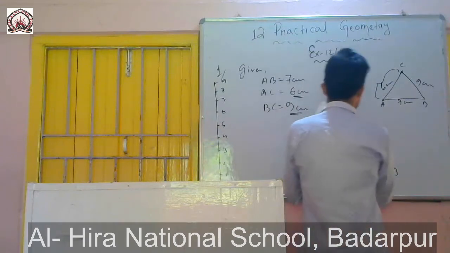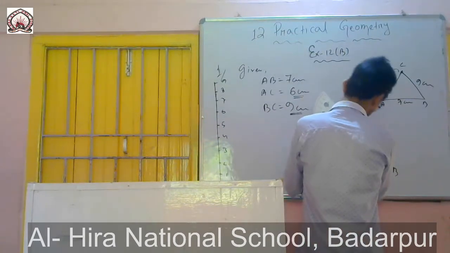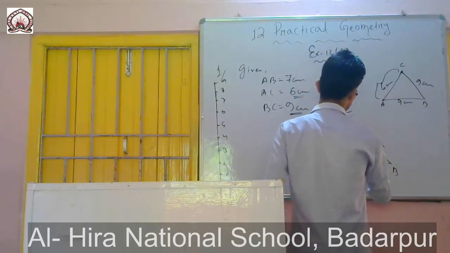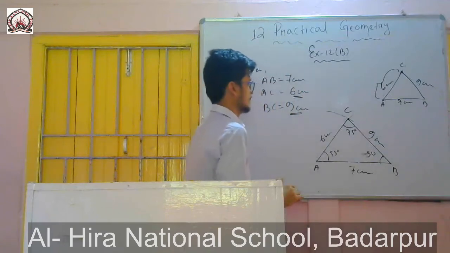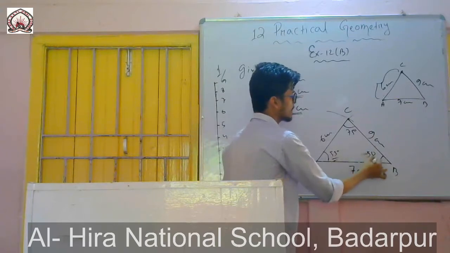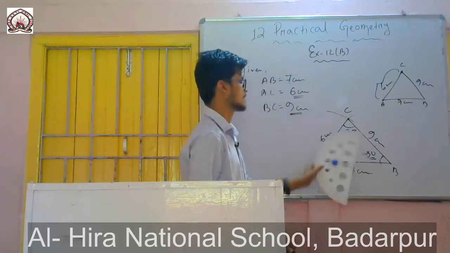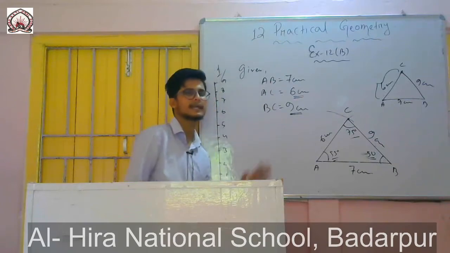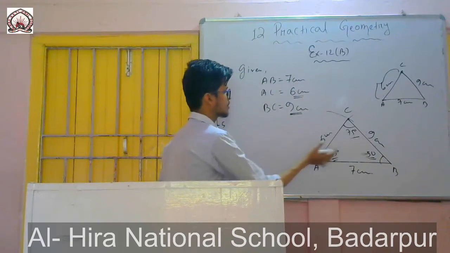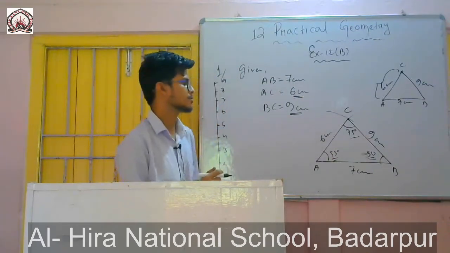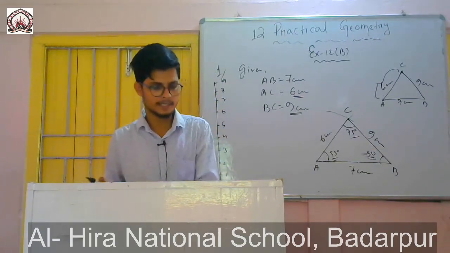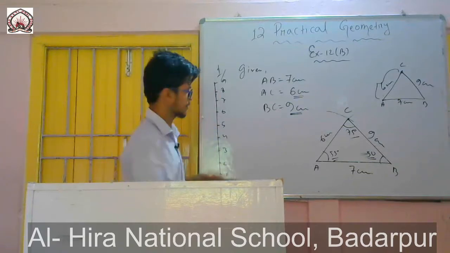So now you measure this one. It will be 75 degrees. So you draw your diagram, you draw your own triangle. This value may be different from this one, but the sum of all the values will be equal to 180 degree. Just remember this one. After calculating the values, you write angle C equals to this one, angle B equals to this one, angle A equals to this one, and just add all the three values. If you find that it is equal to 180 degree, that means your construction is correct.